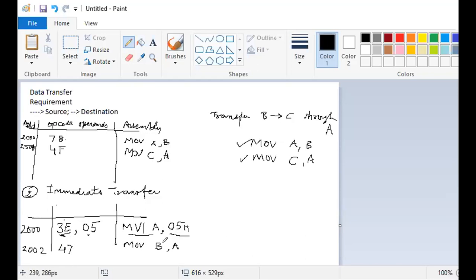So the code for this instruction, move A to B, will be 47. So this is a case of an immediate transfer or immediate addressing mode. Still taking one more example, let's take an example of direct memory addressing.